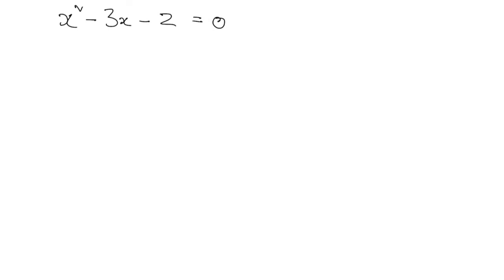We're going to use the quadratic formula to solve another quadratic equation. In this case, the equation is x squared minus 3x minus 2 equals 0. The quadratic formula we're going to use is x equals minus b plus or minus the square root of b squared minus 4ac